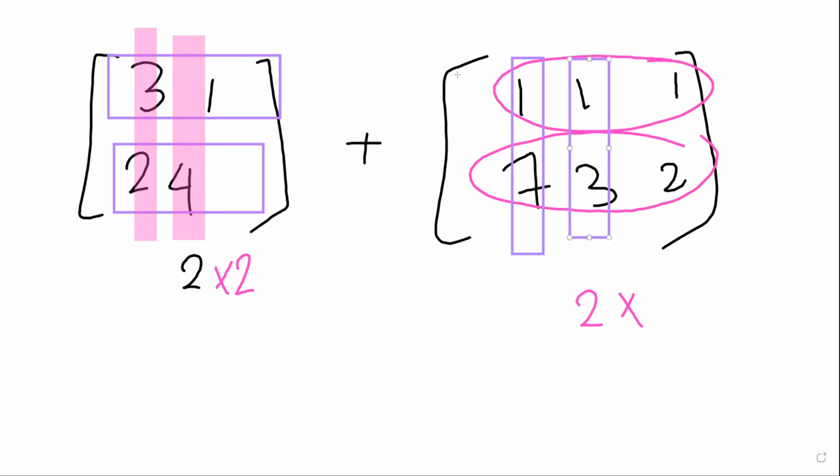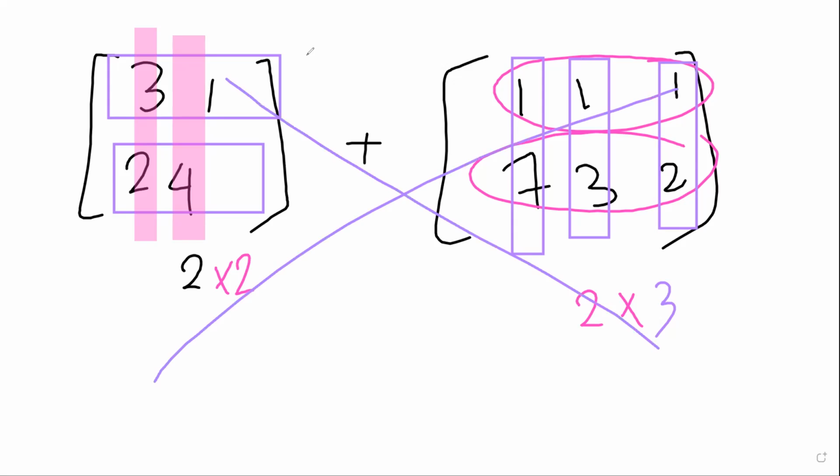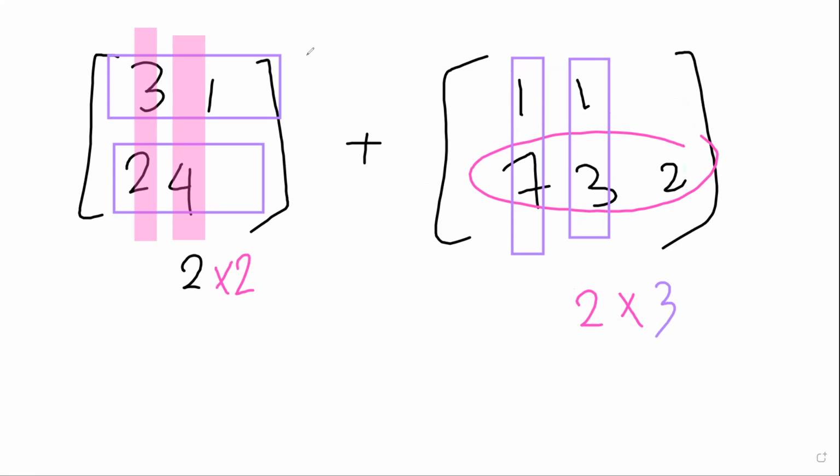1, 2, and 3. Now, as you see, the first one is 2 by 2. The second one is 2 by 3. They didn't have the same dimension, so they cannot be added or subtracted. Teacher, only when we have the same numbers we add? Yeah. But if this matrix now comes like this,